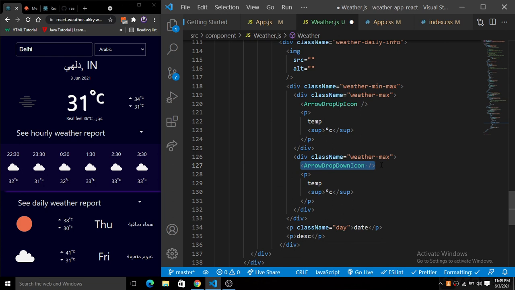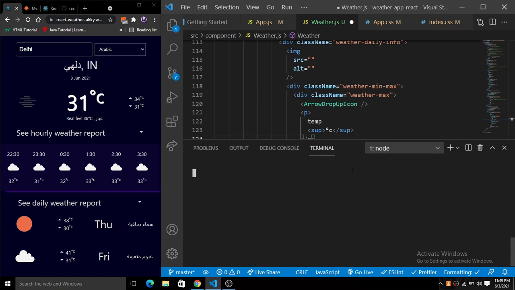So to install Material UI, you have to open the terminal. Inside of this terminal, you have to install the Material UI core and the icons, both of the dependencies first of all, to use the material icons there, right?